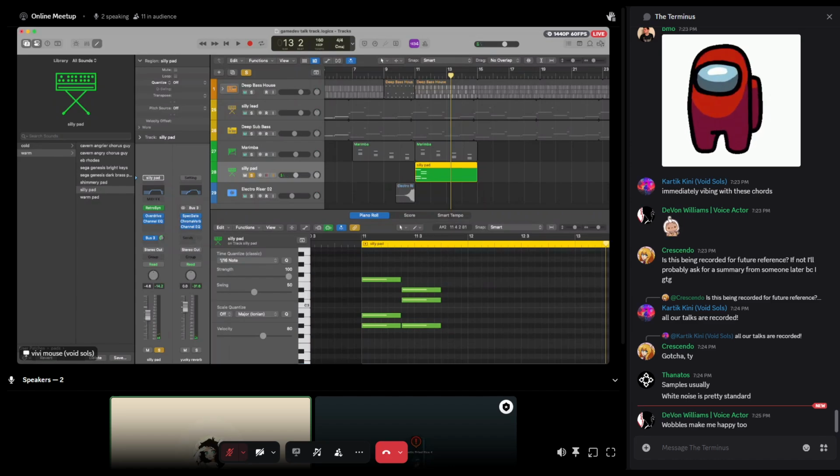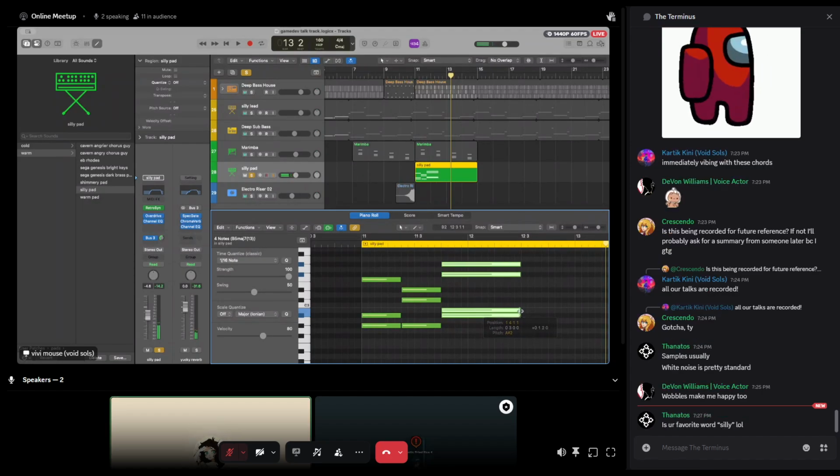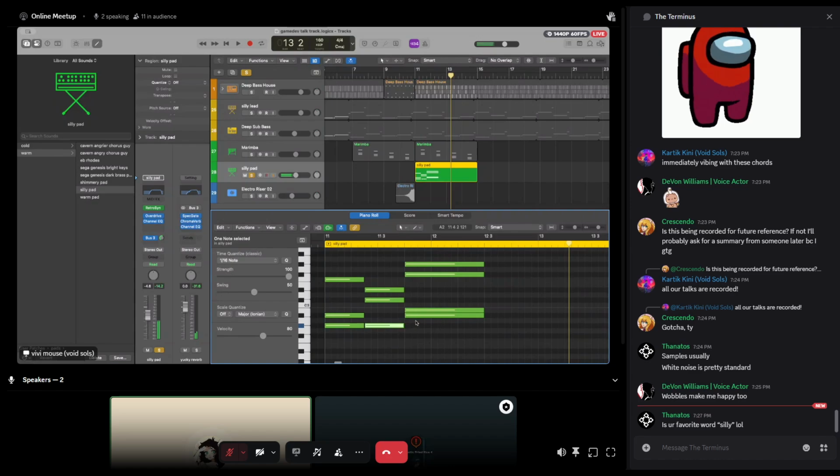I'm gonna get silly with chords because that's what I like to do based on my sort of jazz background, jazz-ish. I don't have formal training in music. I have an engineering degree, but I've been doing this since a very young age. Like I started composing on my dad's computer in 2008, I think.